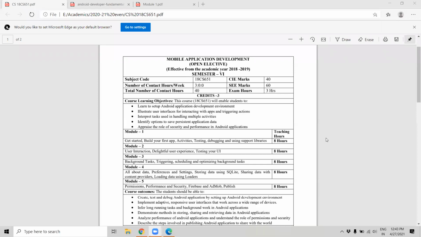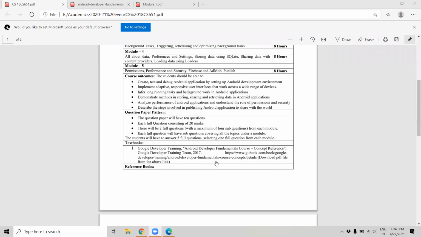That is what is in the syllabus, and they have kept it in the subject 18CS651. And see, the textbook for this will be a textbook from Google itself. It is a textbook that is freely available on GitHub or directly on Google itself. You are going to find this file, and I have even shared the same soft copy in the group also. You can download that.